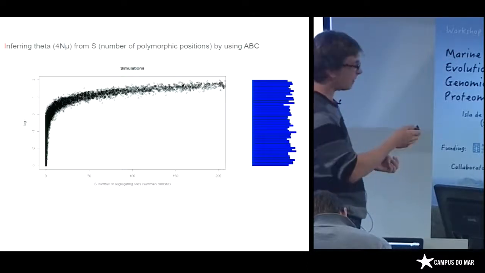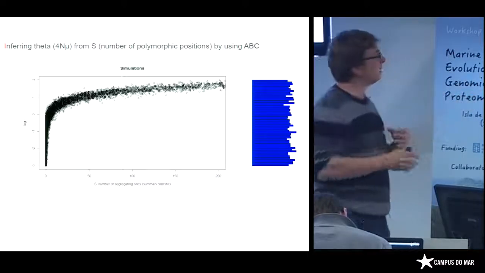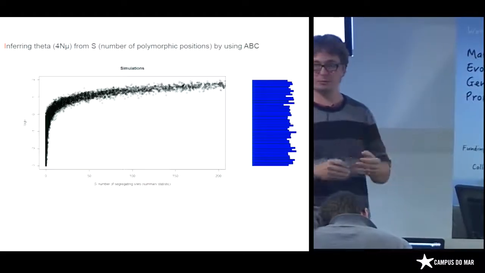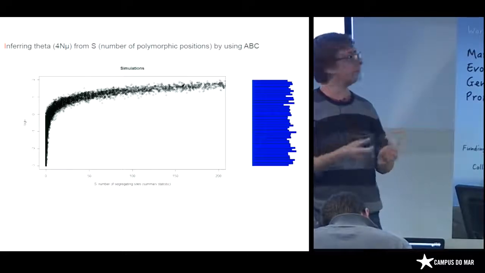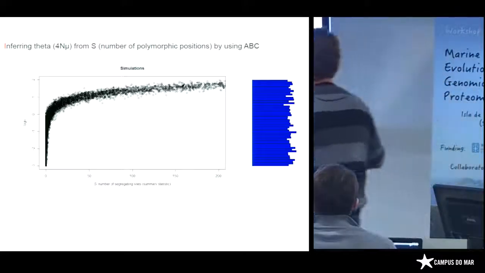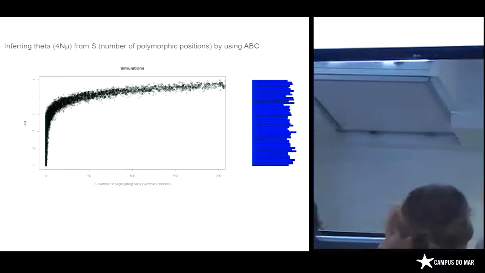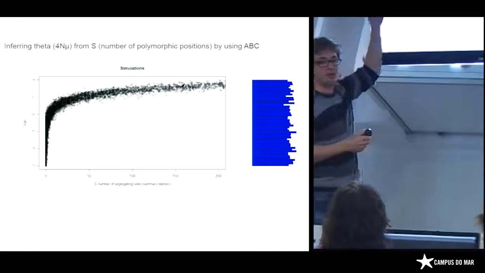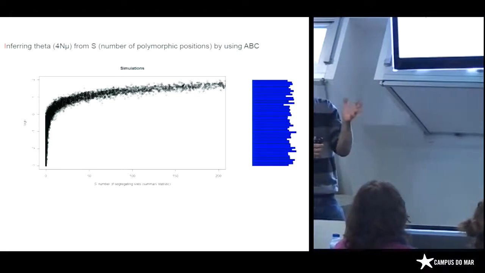Okay. So this is a simple example. Here you have many simulations of one population. It's what we are going to begin with. One panmictic population, a single panmictic population. The statistic is S, the number of segregating sites. And here you have the parameter theta, N, the population size, times u, the mutation rate.